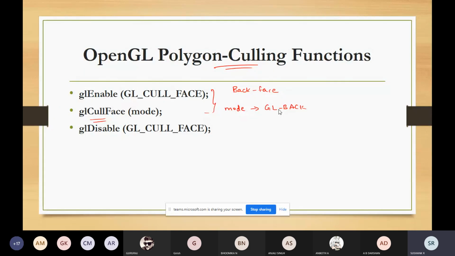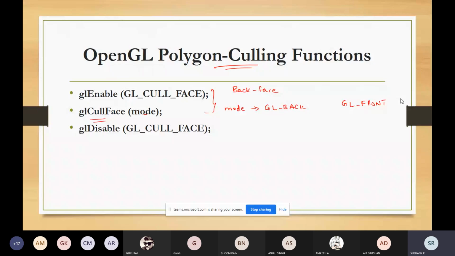If, for example, your viewing position is within a building and you want to see only the back faces, then we can set this mode parameter to GL_FRONT. Or you can change the definition of a front-facing polygon by using the glFrontFace function.